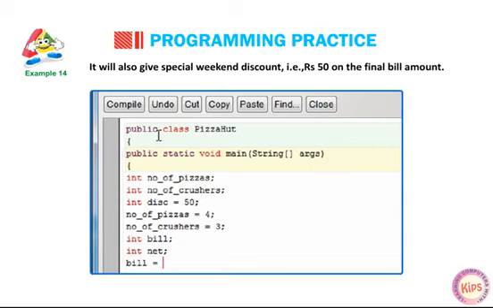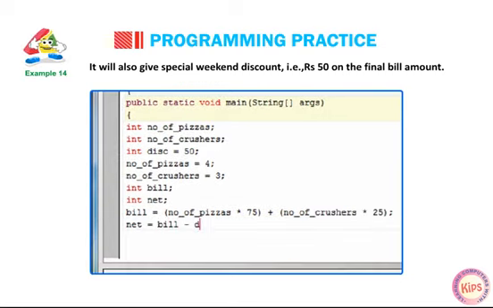bill = (number_of_pizzas * 75) + (number_of_crushers * 25); net = bill - discount;